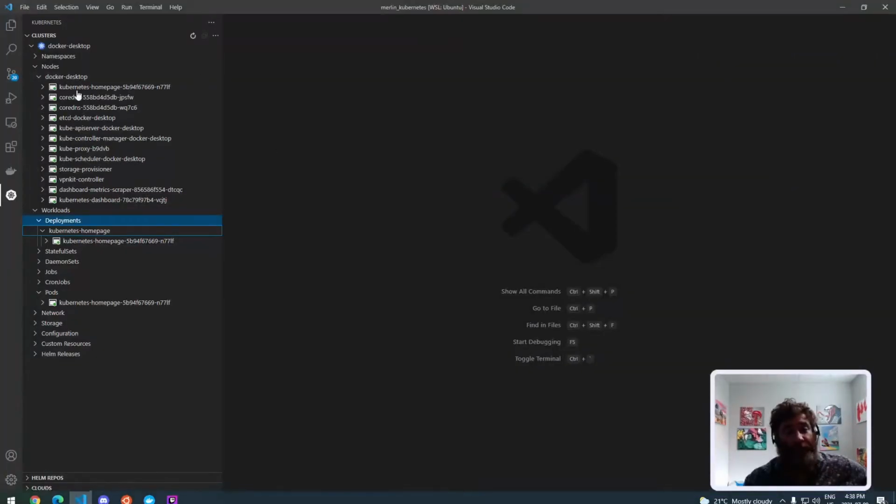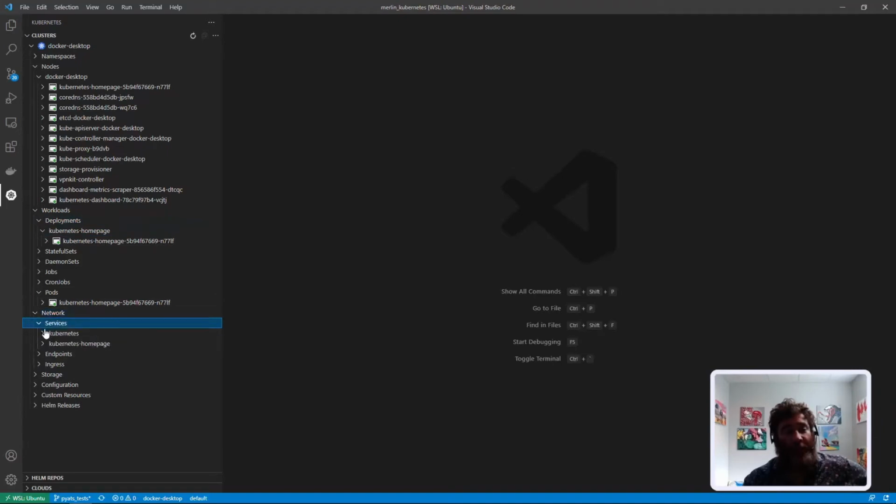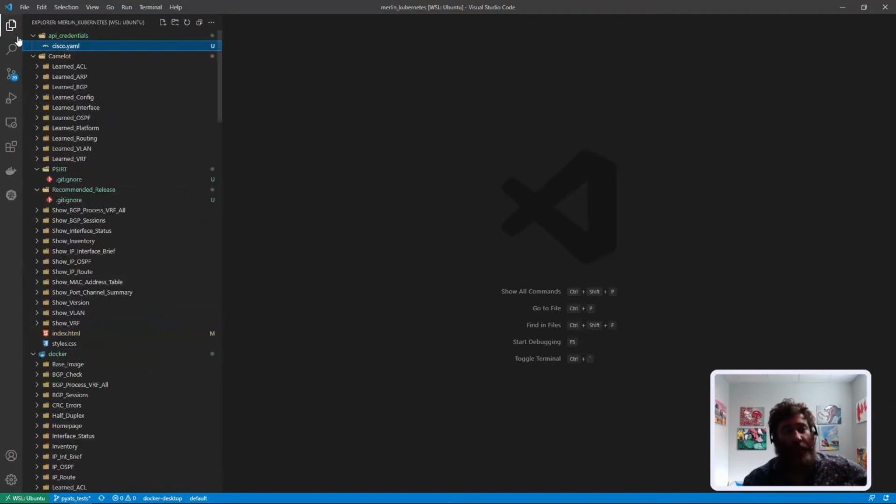All right, we're all set to bring this into Kubernetes. So I'll just quickly show you here. This is my Kubernetes system right now, and I just have the home page up and running as a deployment, as a pod, and if we look in the network, as a service. There's my homepage service. Now if we go back to the code, I've taken everything that we already had in